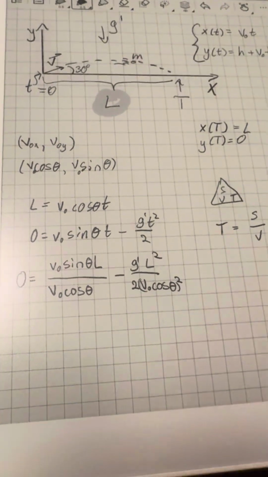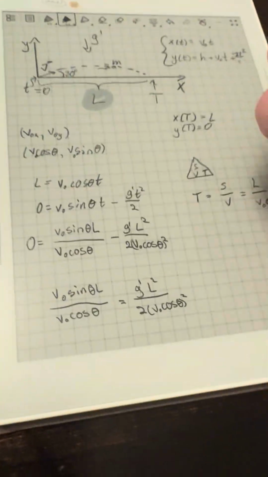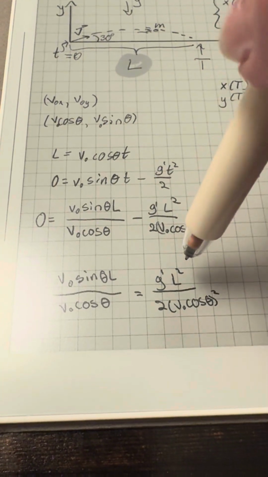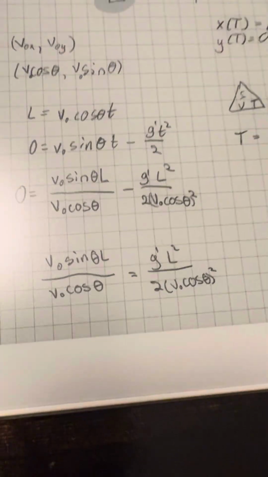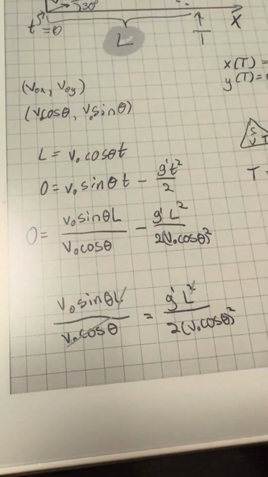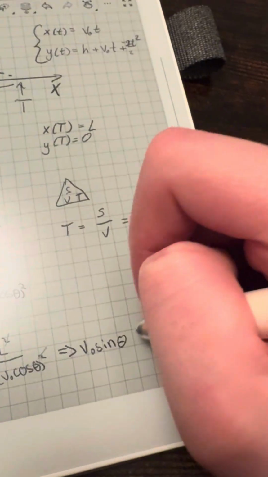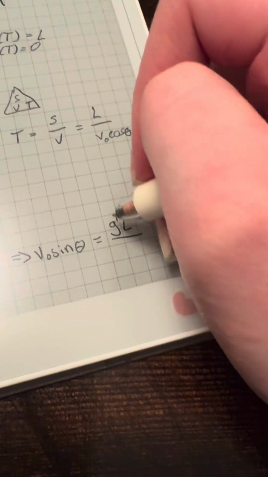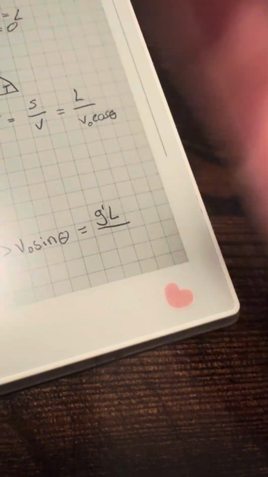And what do we have? This. I don't know if the transition worked, but we just put this there, and so it's positive now. And now we can cancel a few things out. That was so robot-like. So we cancel this, and then this, and then this, and then this. So we now have that V0 sin theta is equal to gL. Like this is another different kind of gravity, because the problem said that it can be whatever. And then 2 V0